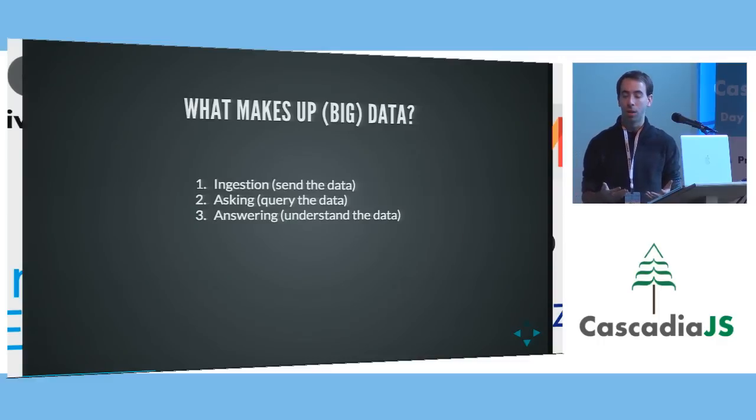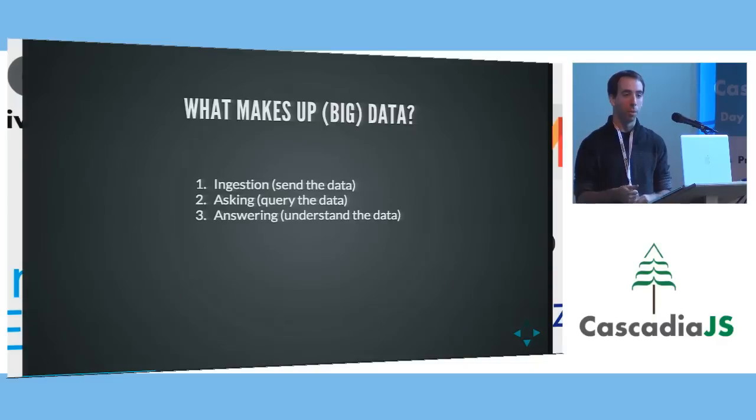The second part is asking a question. So you have your data and you can now ask it a question. So in Hadoop, the canonical example is how many words are in the total works of Shakespeare? Like what are the top words? With Splunk, the canonical example, you might ask, show me the number of times the word error has shown up in the past 24 hours. Or with Mongo, you might give it a query like show me the geospatial information using a geospatial index.